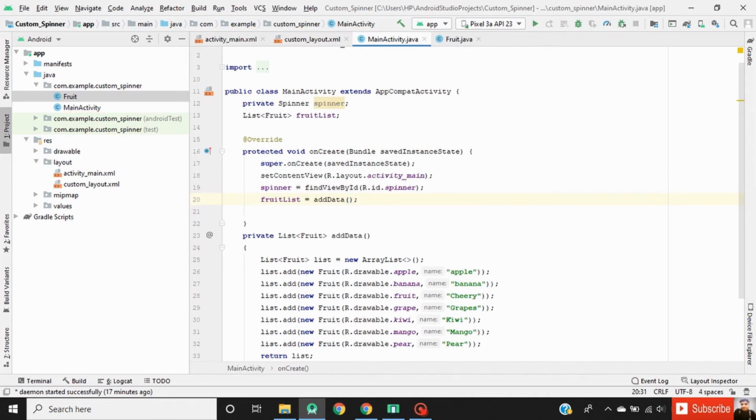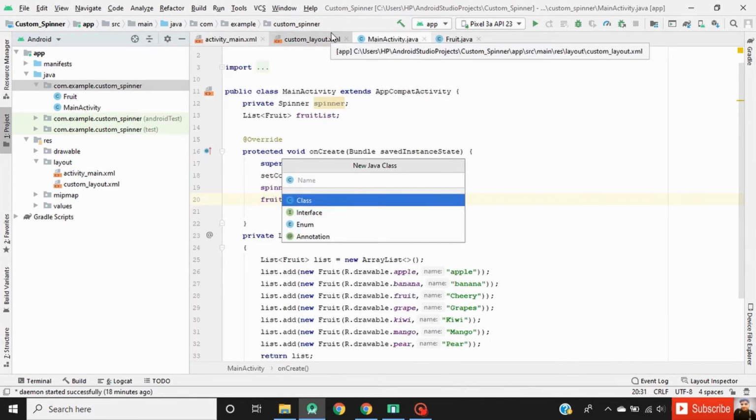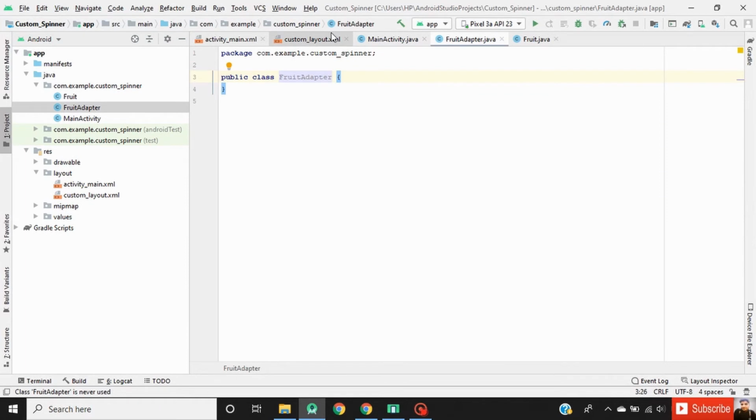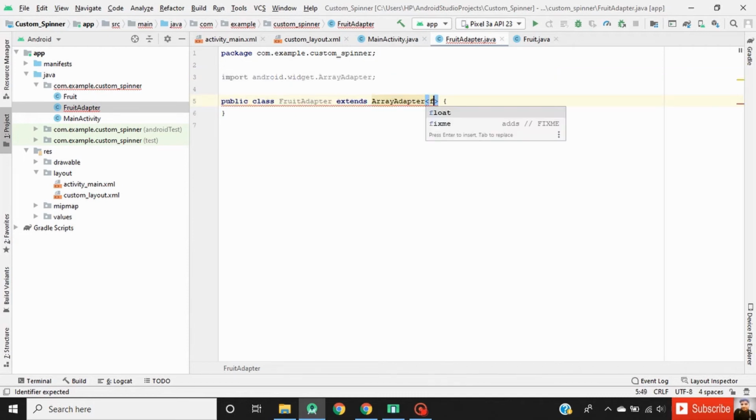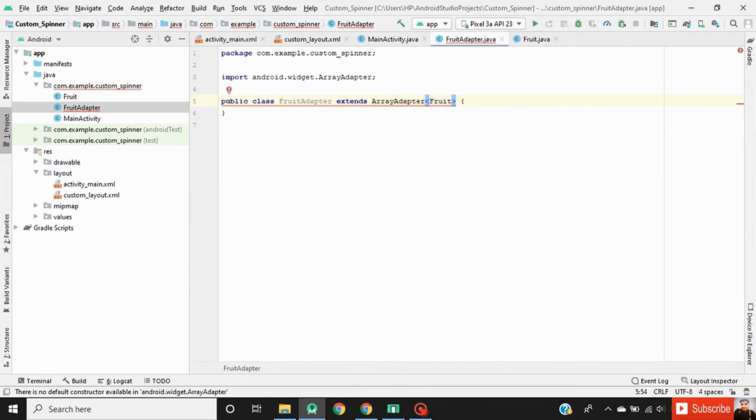Now we have to customize our adapter. For that we need another Java class. Right click on the package name, new Java class and name it FruitAdapter. Now extend this class with ArrayAdapter of Fruit type. Now declare three variables. First one is context.